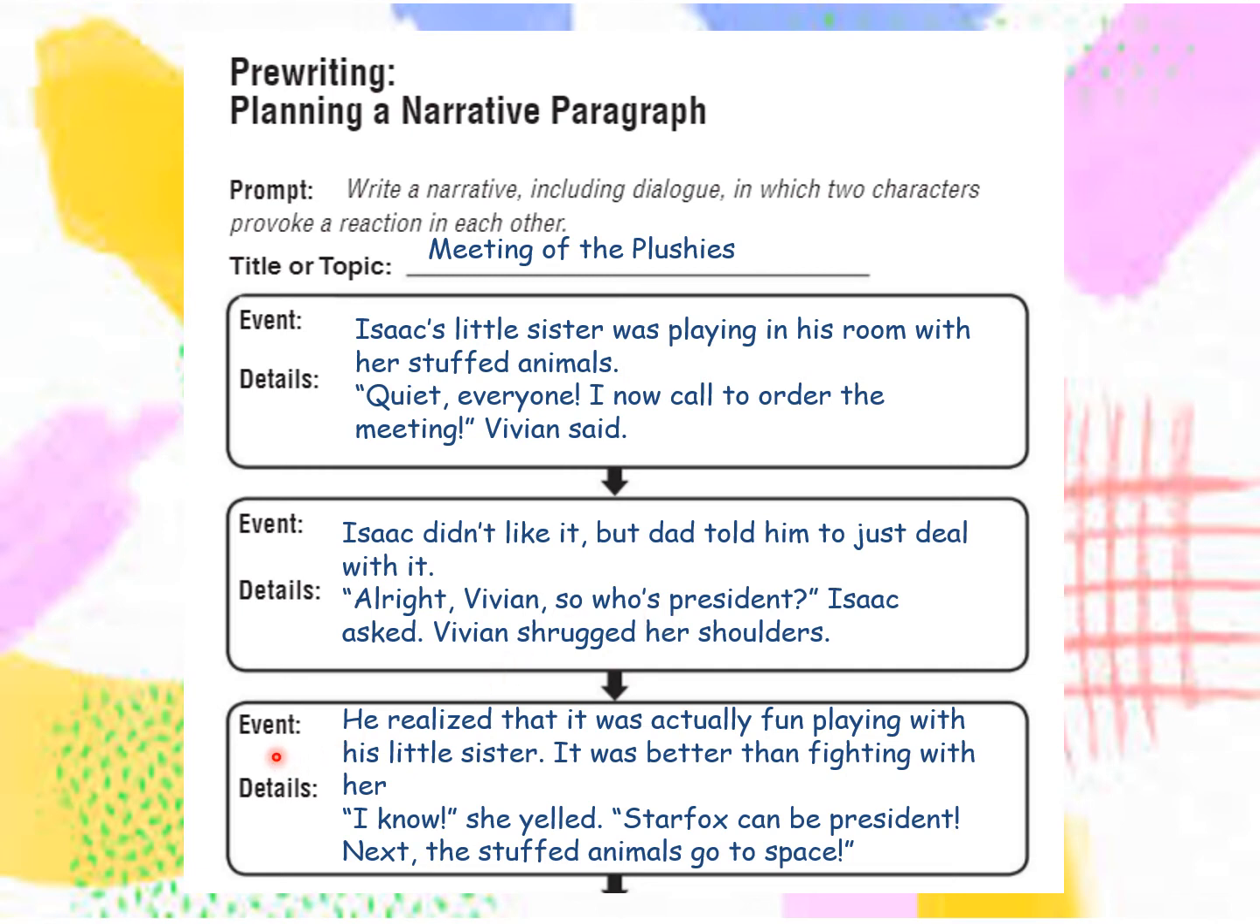So last event would be this. He realized that it was actually fun playing with his little sister. It was better than fighting with her. So detail would be, "I know," she yelled. "Star Fox, our puppy, can be president." Next, the stuffed animals go to space. So there it is. You have your events and your details for the beginning, the middle, and the end of